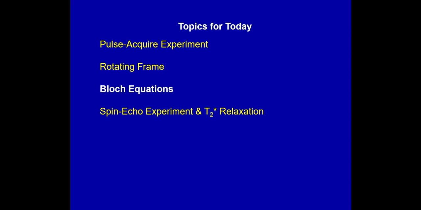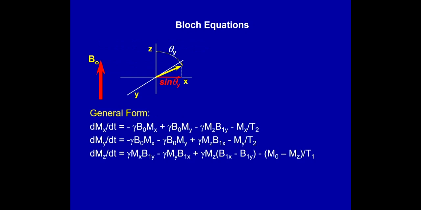So we've described conceptually how to consider a vector being rotated in the presence of this B1, this oscillating magnetic field. And we've talked about the rotating frame. But a formal way to look at this is through what's called the Bloch equations. The Bloch equations are a set of expressions that define all the possible motions of the net magnetization. And in the general form, it has many terms, and we'll break those down here so they become a little